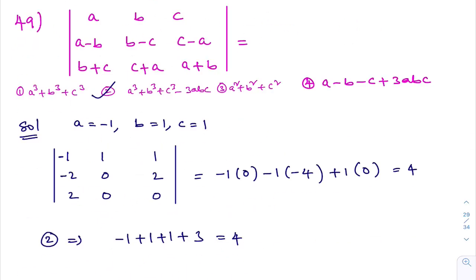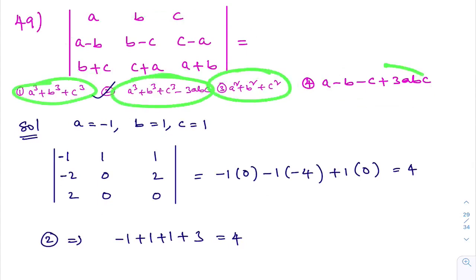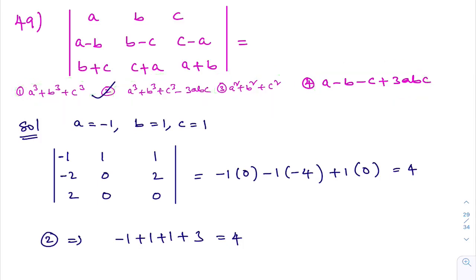Now we'll move to the next question. See this question, what they are asking, the value of this determinant is what? Here 4 options are there. We need to identify the right option. I am not doing these problems by direct method. In our college material, hints are given for all these problems. You please go through that.